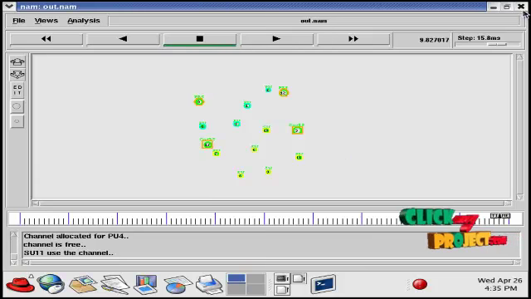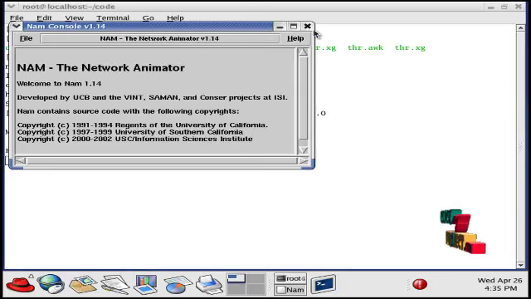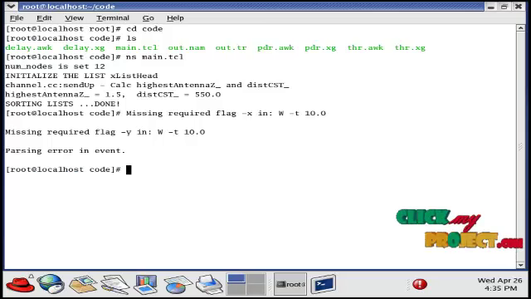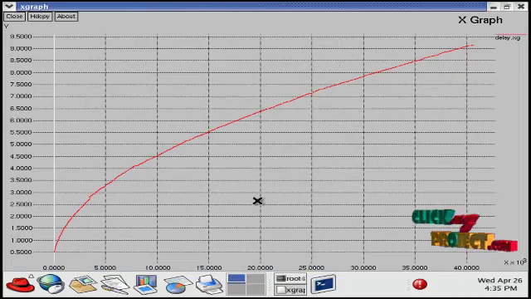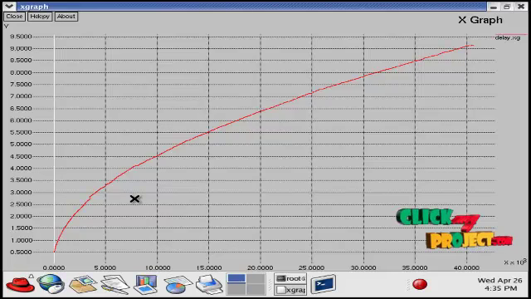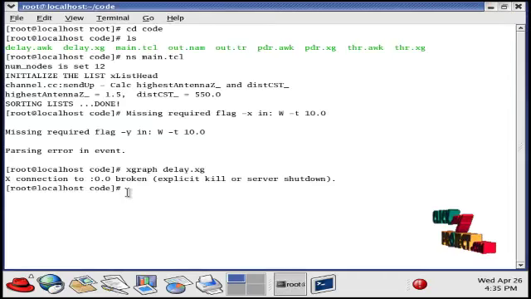After the run is completed, go back to the terminal window to show the graph. So type xgraph delay.xg. This is the delay graph for the proposed system. For each and every time, we have the time delay for our transmitted packets. And to see the other graph, type xgraph